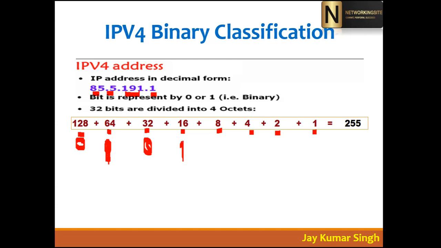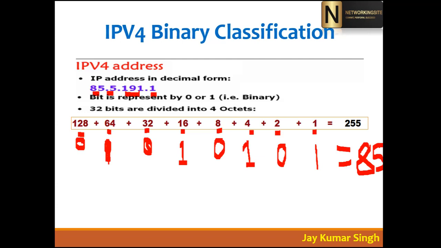Of course I can take it, and I still have 5 remaining, right? So 64 plus 16 plus 8, no, because plus 8 will be 88. No, I don't need this one. Of course I need 4, so I'll take this 4. Now 64 plus 16 is 80, plus 4 is 84, then here 0 and then here 1. If you check here, then it is 85.